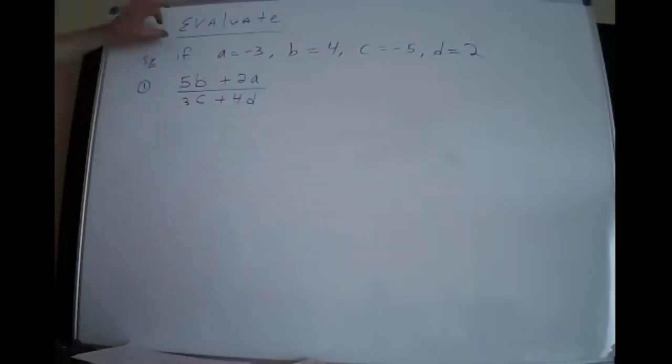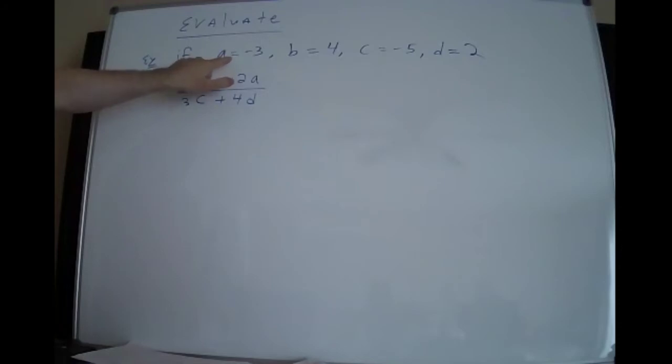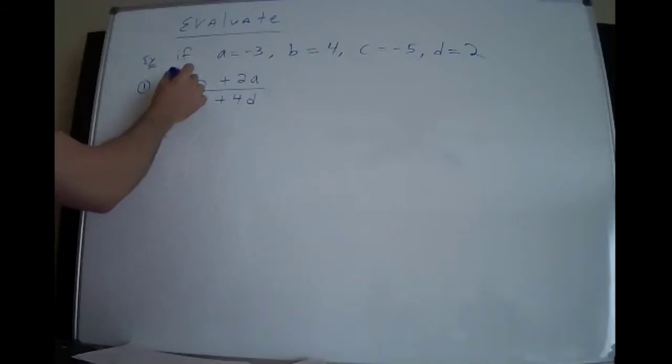Okay, so evaluating an expression, they have to give you the value. They tell you A is this, B is this, C is this, D is this. So they give you those four numbers, and then they give you this big mess. You basically have to just plug in all the numbers and compute it. So wherever you see that letter,